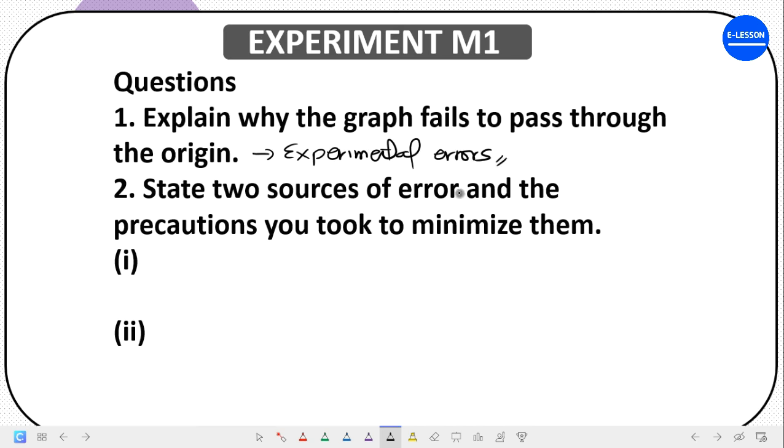Now, state two precautions, two sources of error and the precaution you took to minimize them. Now, as a science student, when you see this question, the first error that comes to your mind is the error due to what? Parallax. Then zero error of meter rule. Now, you use meter rule to measure most of these things, right? So the parallax error, how did you